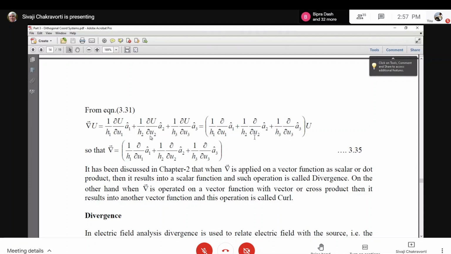So if you ask what the del operator is, typically I have seen people answer del by del x, del by del y, del by del z, like that. But that is correct only partially, because that is only for Cartesian. Now, if I write equation 3.35, I can give it for any coordinate system. If you ask me for the spherical coordinate system, I will simply replace h1, h2, h3, the unit vectors, and u1, u2, u3, and I will get the del operator. So you see the beauty, that's what I am trying to highlight.